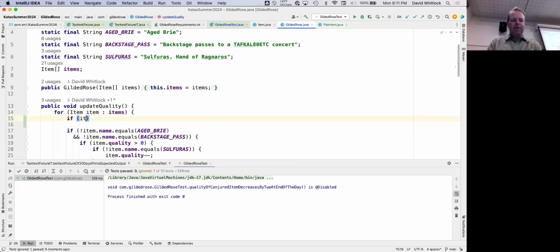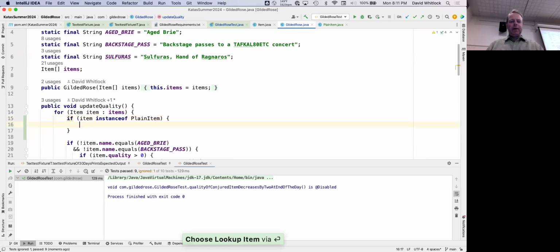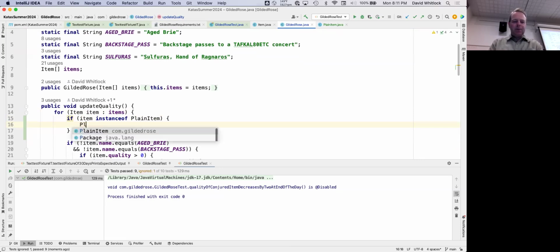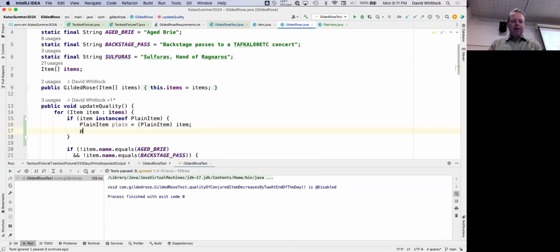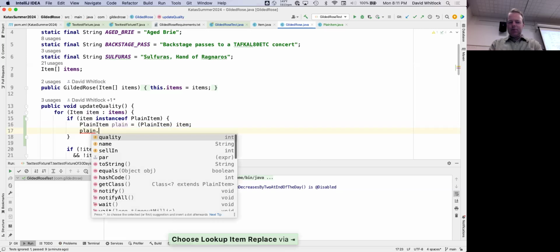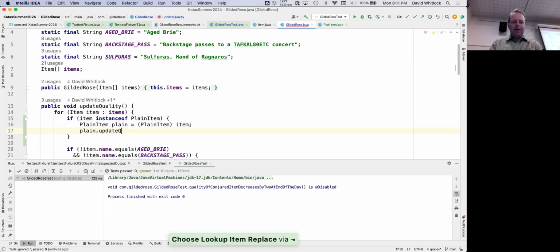I'm going to say if item instanceof PlainItem, then I got to cast it to a plain item. PlainItem plain equals, oops, PlainItem of item. And then I'm going to say plain.updateQuality, because I think Susan or somebody said, let's have an update quality method on the object instead.